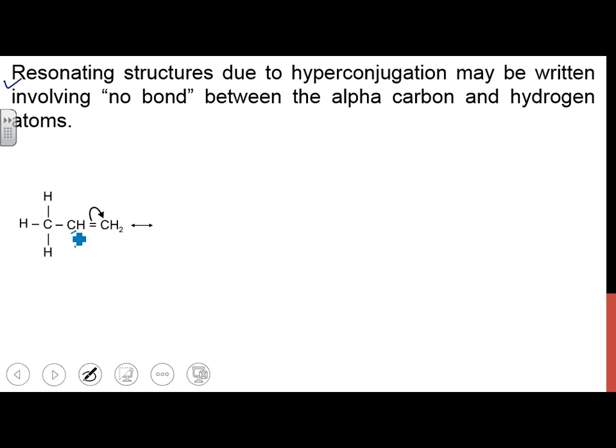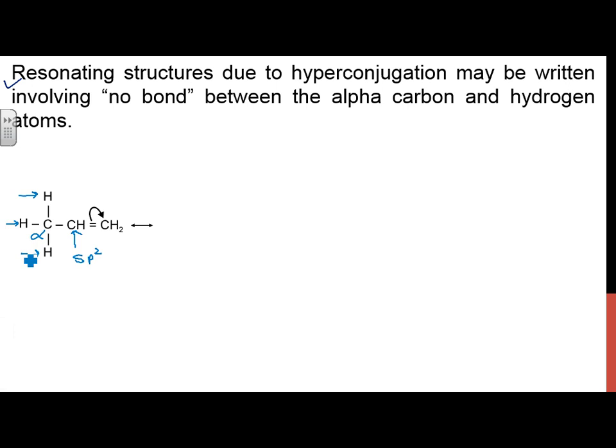Here, can you see over here? This is an sp2 hybridized carbon. Correct or not? It has an alpha carbon. It has 3 alpha hydrogens. Is that understood? It has 3 alpha hydrogens. Now,